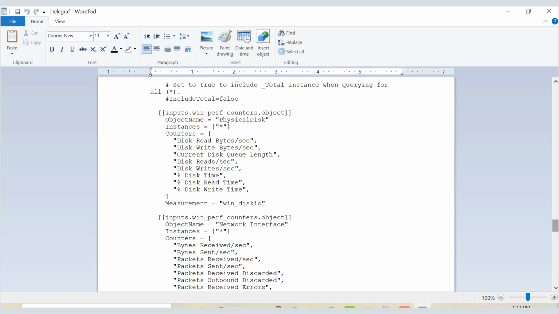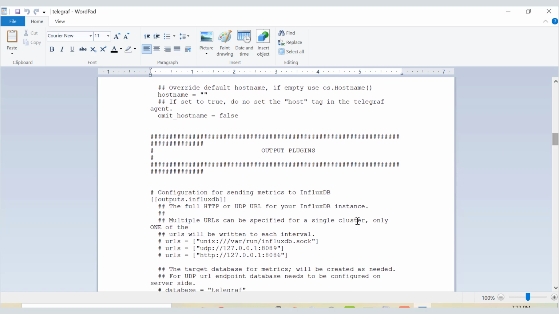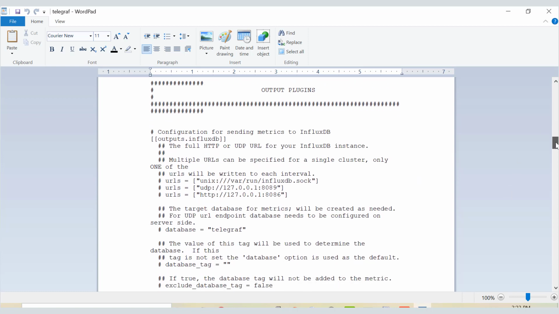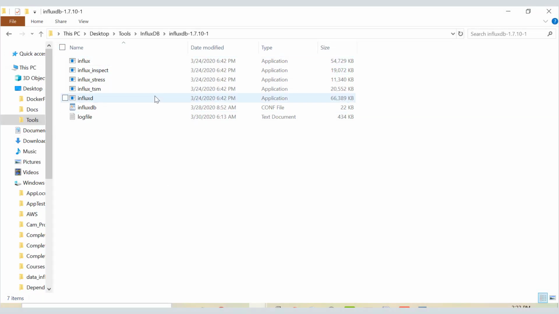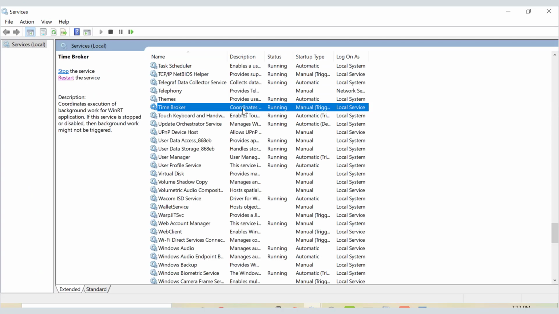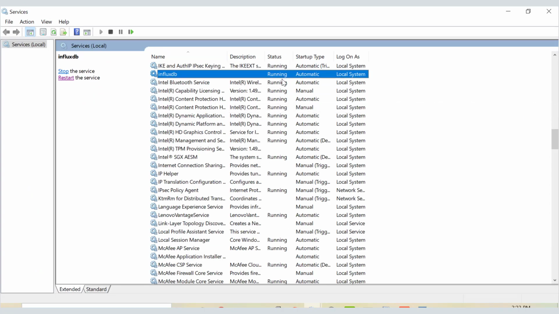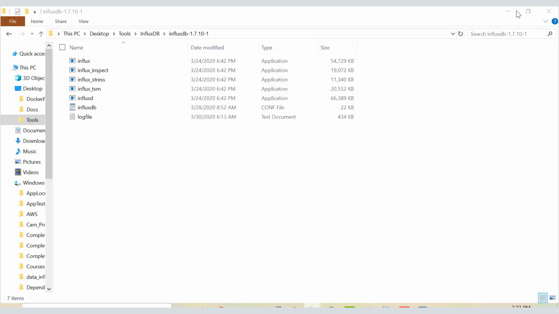and these are already read by Telegraf. So what we have to do is go to InfluxDB. In our output plugin, we already saw that we have InfluxDB configured on a local instance. We will go to InfluxDB and see if there is any database named telegraf. We installed InfluxDB in one of our last lectures in this series, and if we see services, InfluxDB is already running as a service over here, right?